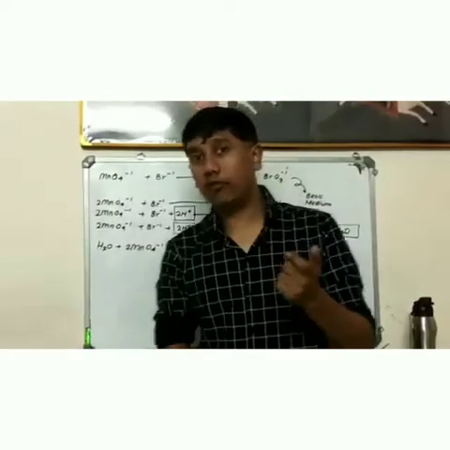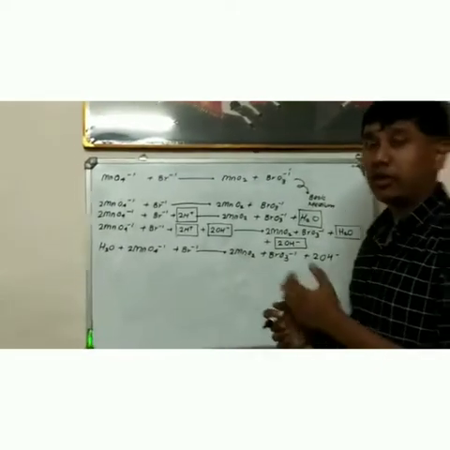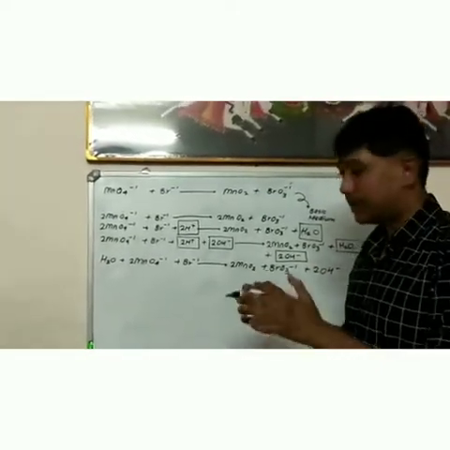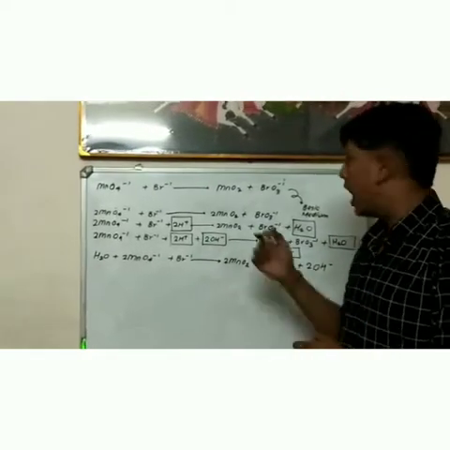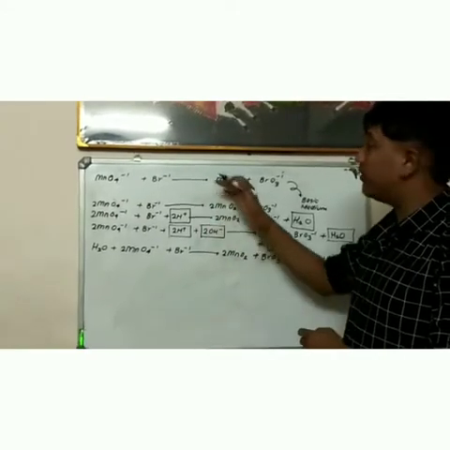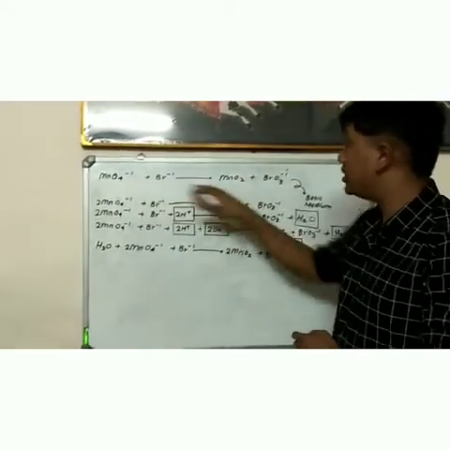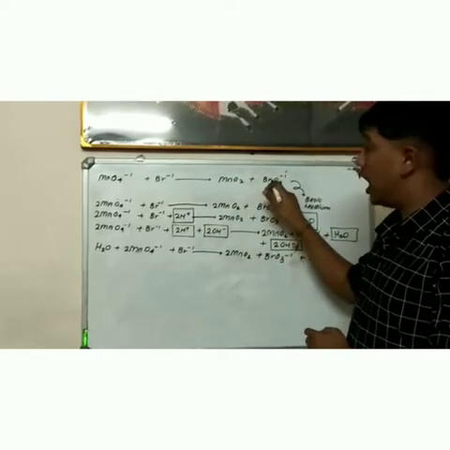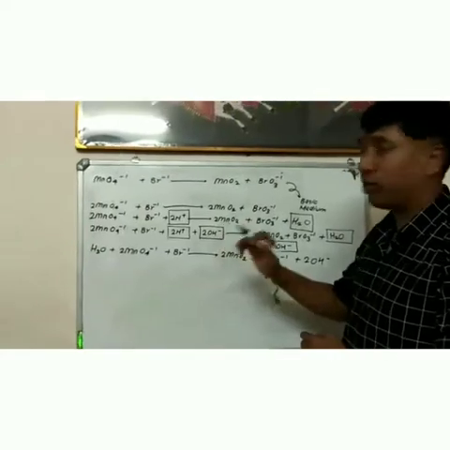Now let's give an example of the oxidation number method in a basic medium. We have already seen acidic medium. In acidic medium it's easy because the answer can be left in H plus ions. However, in basic medium we cannot do so. So I will just give a short explanation of how to do it. Up to this step we are all able to balance. However, after that there is a slight change. So let us see what it is.